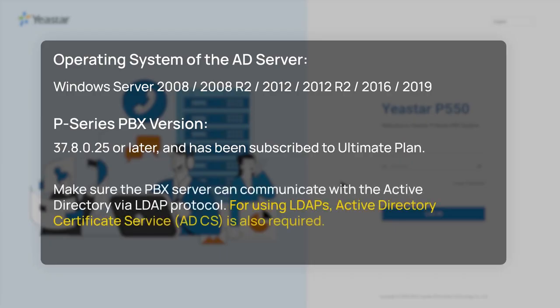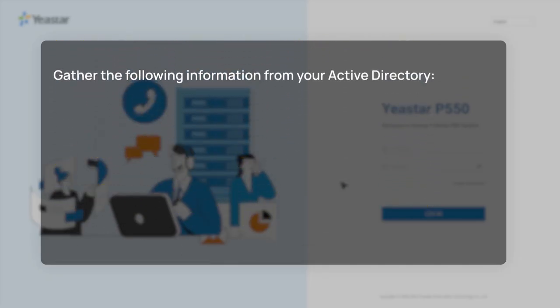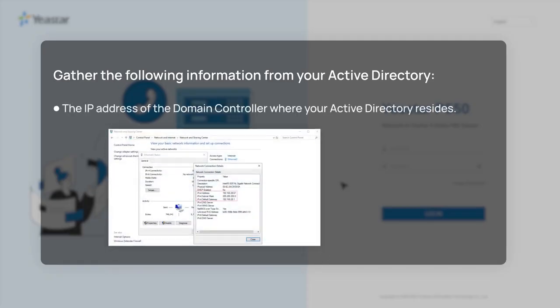So before the integration, please make sure that the port for LDAP and LDAP-S service is accessible on both PBX and AD. If you don't know how to do that, please refer to a Microsoft manual or turn to your Microsoft provider. Then, we'll need the following information from AD for the integration: the IP address of the domain controller